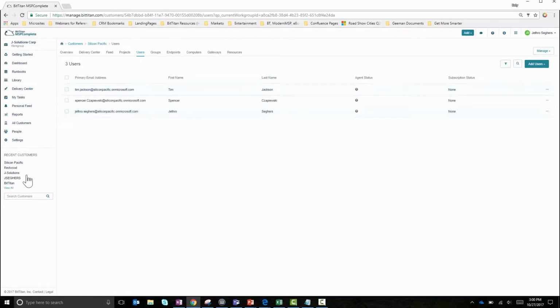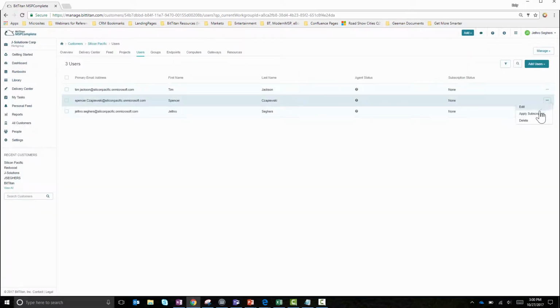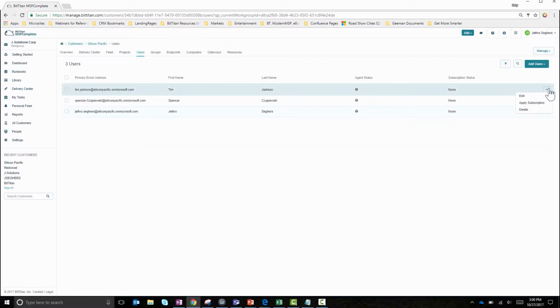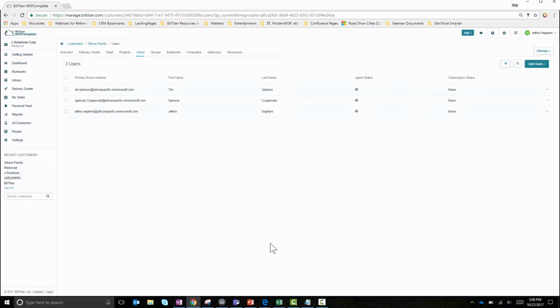Now, within Silicon Pacific, those 3 users are in different locations. How do we define which location is attached to which user? We're going to use the extended properties in MSPComplete. So you see here that for Jethro, the usage location is US. If we look at Spencer, we're going to see that Spencer is a part of Germany. And when we look at Tim, we see that they're in Belgium. So these 3 users need to be created in the right usage location, and we're going to use that extended